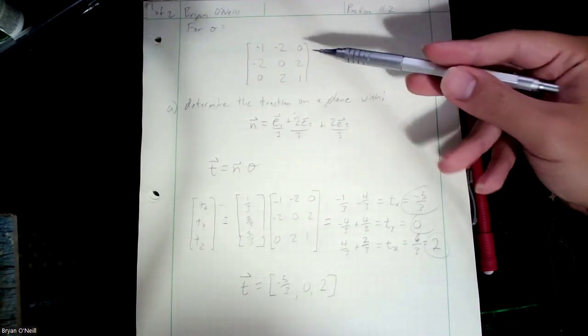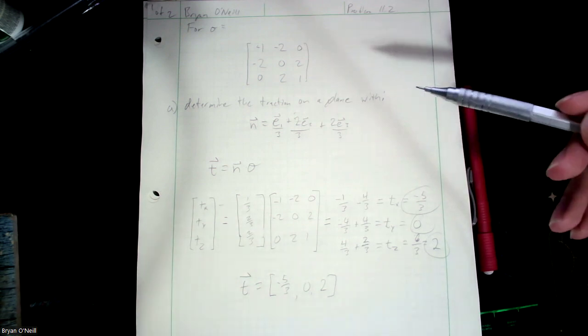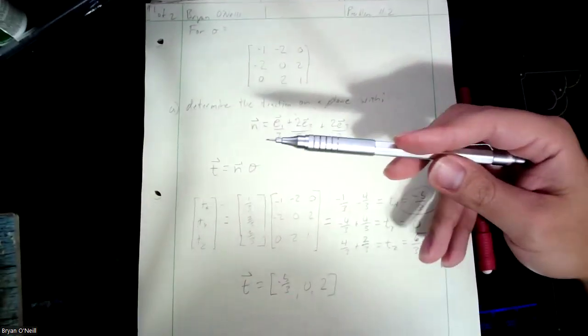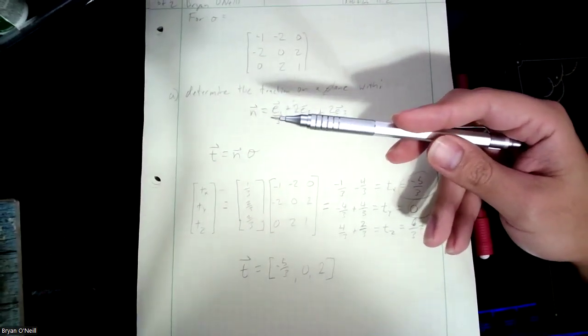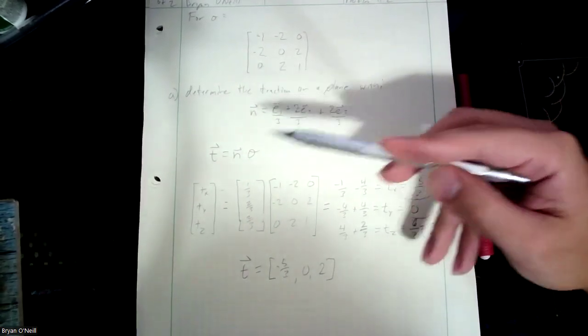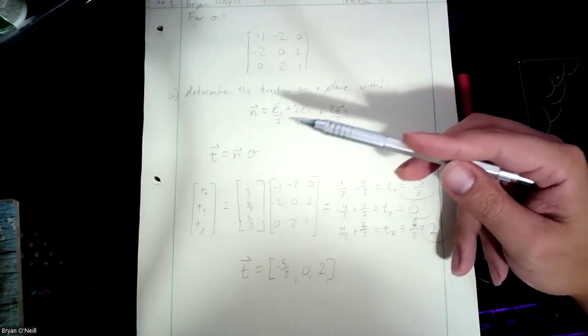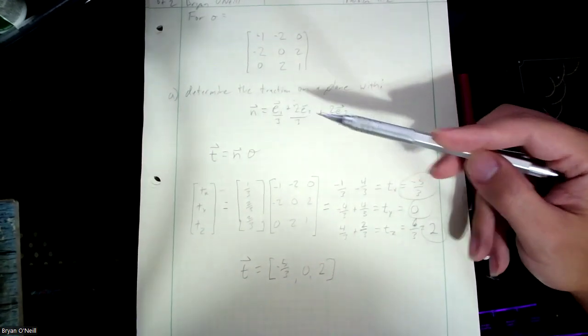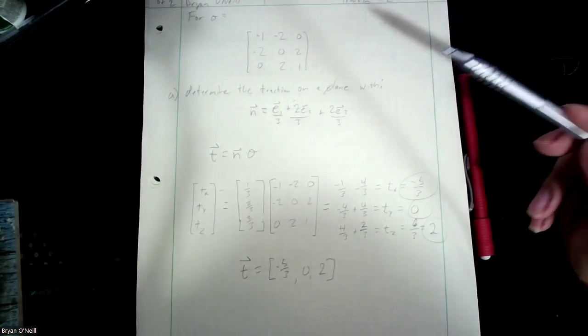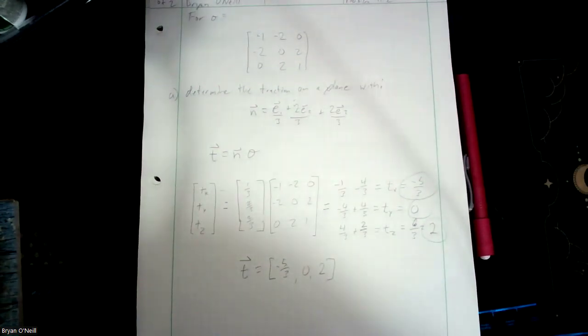So for sigma equal to this stress tensor right here, determine the traction on a plane with n equal E1 over 3 plus 2 over 3 times E2 plus 2 over 3 times E3. Okay, so our traction equation is T is equal to n dot sigma,